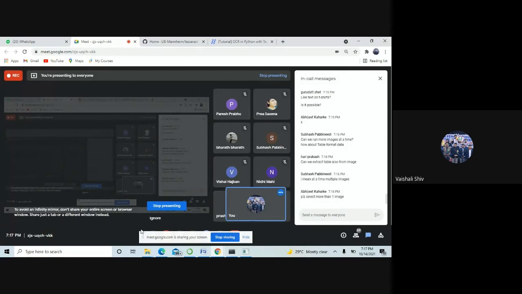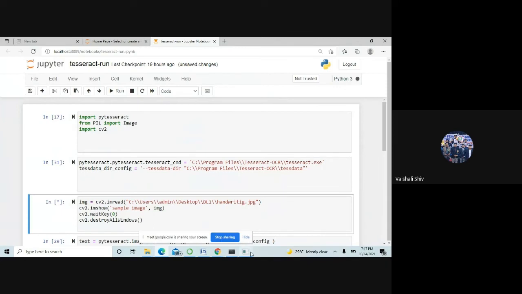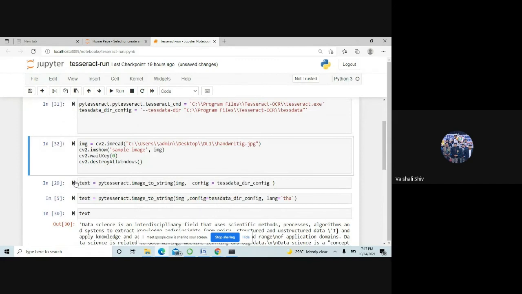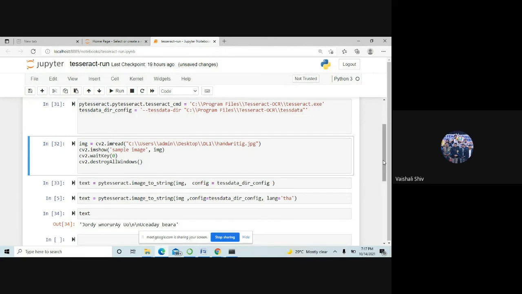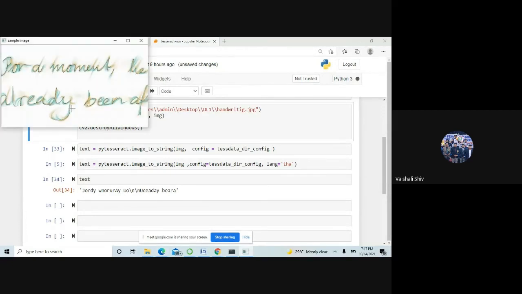No, one by one it is going to work, Abhijit. Enter. So that handwriting has been detected like this, because it is cursive.